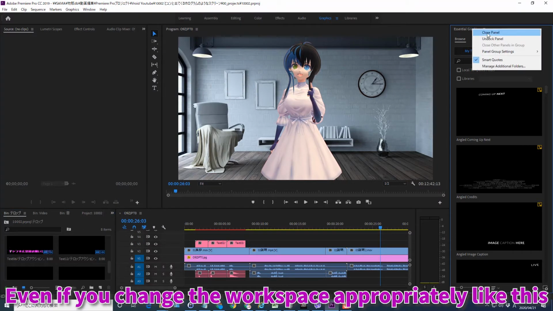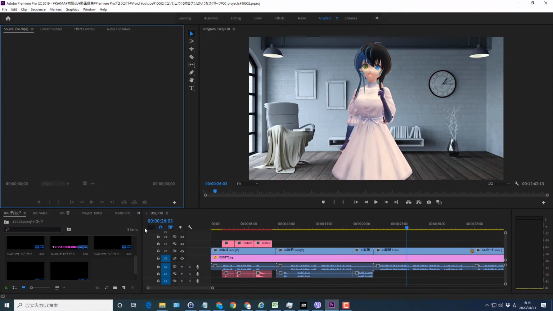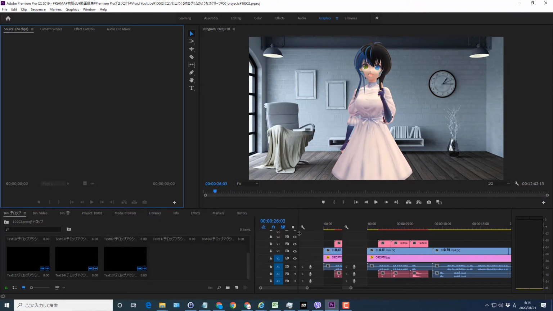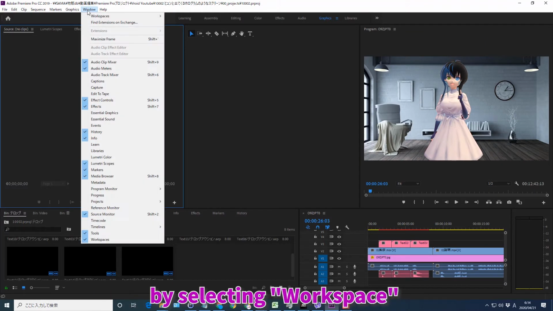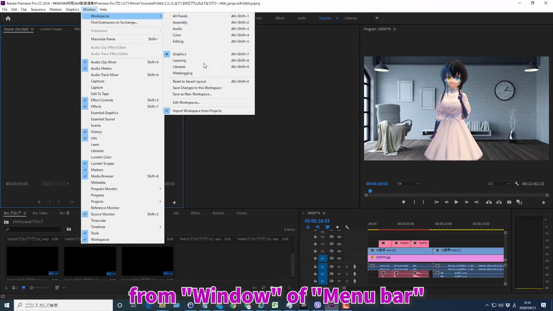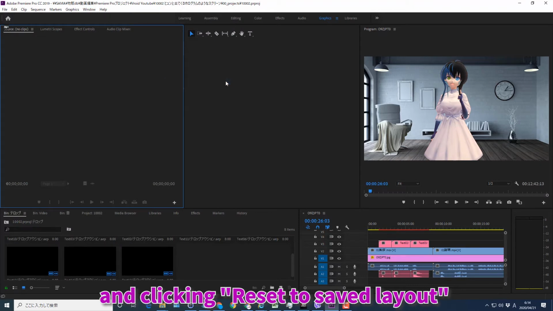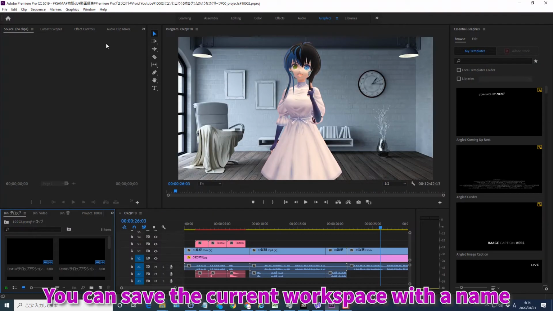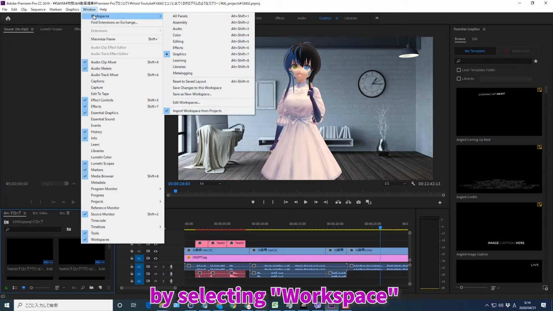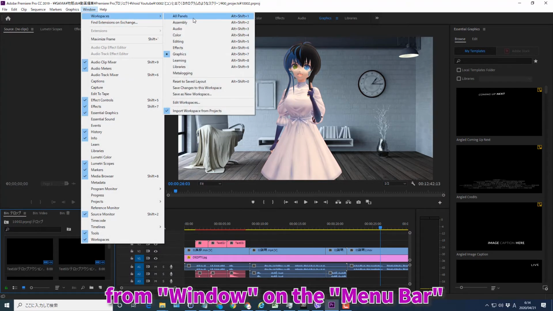Even if you change the workspace appropriately like this, you can return to the saved workspace by selecting Workspace from Window of menu bar and clicking Reset to Saved Layout. You can save the current workspace with a name by selecting Workspace from Window on the menu bar and